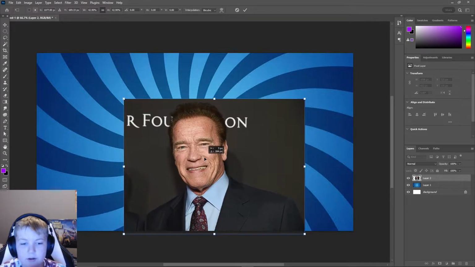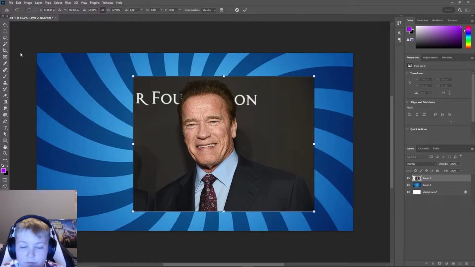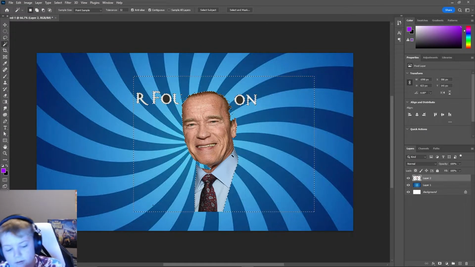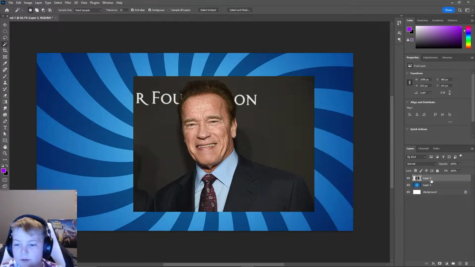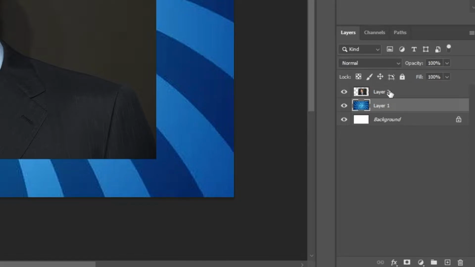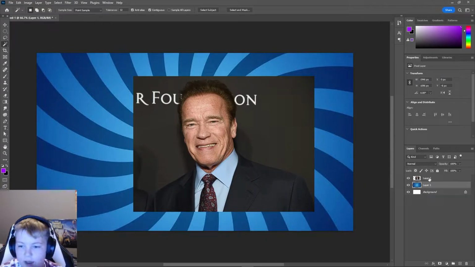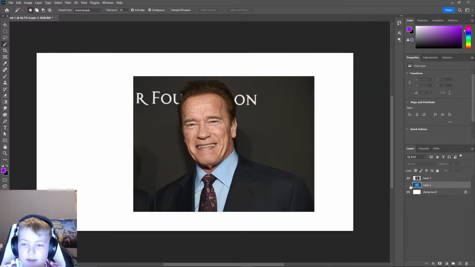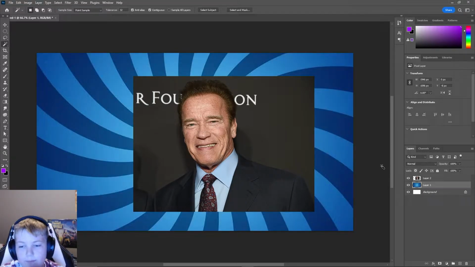Now, we don't want this background. So there are a few ways you could do this. You can use the magic wand tool like this. I forgot to tell you, this is layers. Since Arnold Schwarzenegger is over the blue spiral, he's over that. But if we put the blue spiral on top, you can't see him. And these eye toggles just hide this stuff, and that's how that works. Okay, so the magic wand really only works for PNGs,